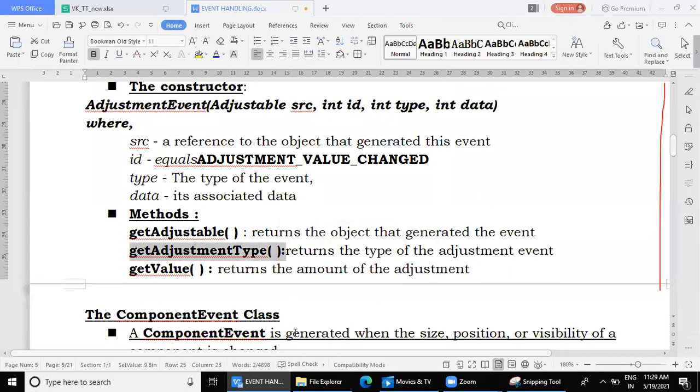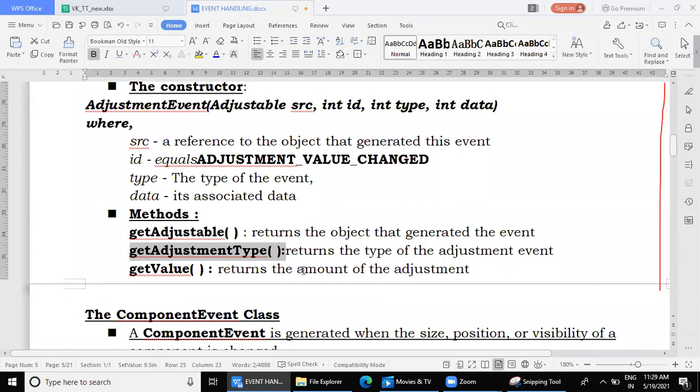So this getAdjustmentType method will return one of these constants based on whichever action the user has performed. If the user has performed block increment, it will return the constant block increment. It is associated with one integer value that we will not discuss right now. Just remember that it will return that constant block increment.